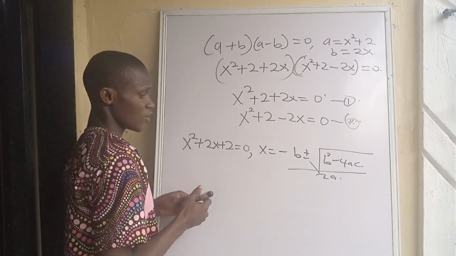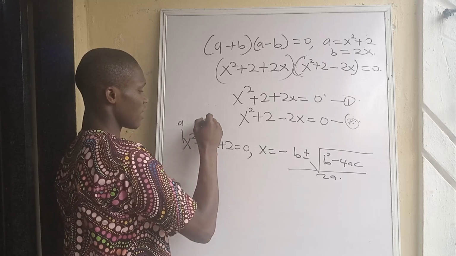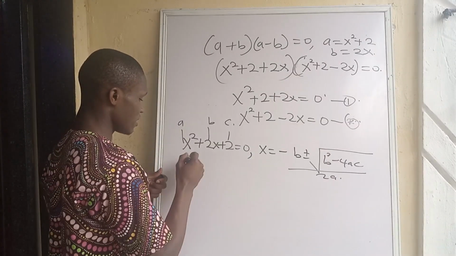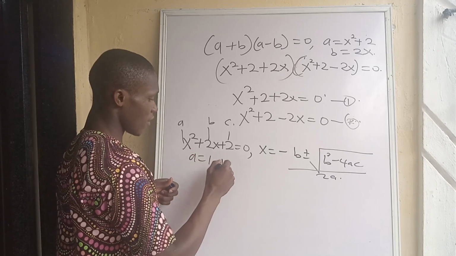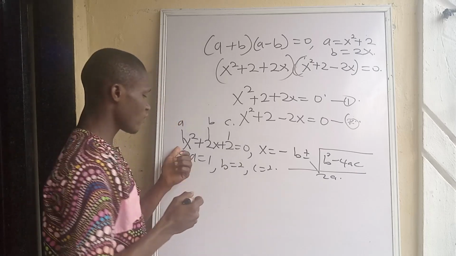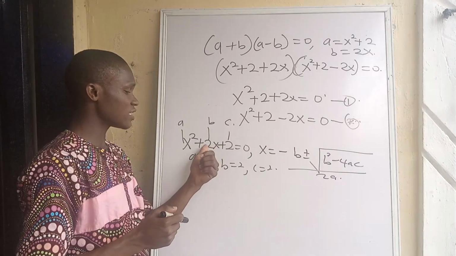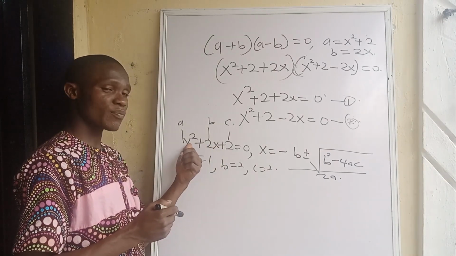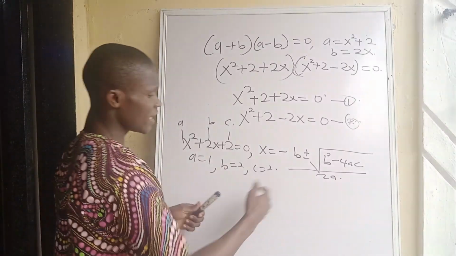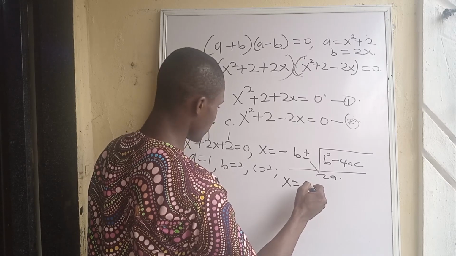Okay, so I will know our a, our b, and our c. Our a here is equal to 1, our b equals 2, and our c equals 2, because we are looking at the coefficient of x to the power of 2, and the coefficient of x. The coefficient of x is 2, and the coefficient of x to the power of 2 is 1. And this is your c. Okay, plugging in everything, we can have our x to be equal to minus 2